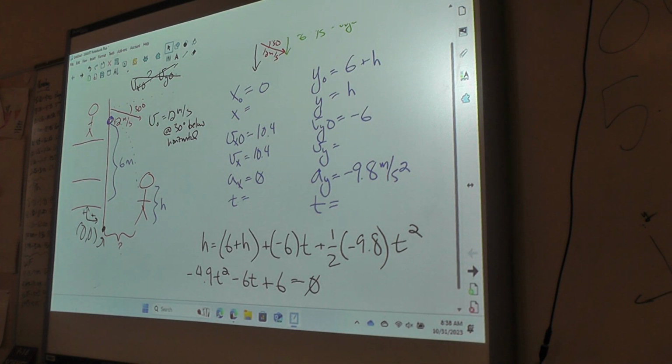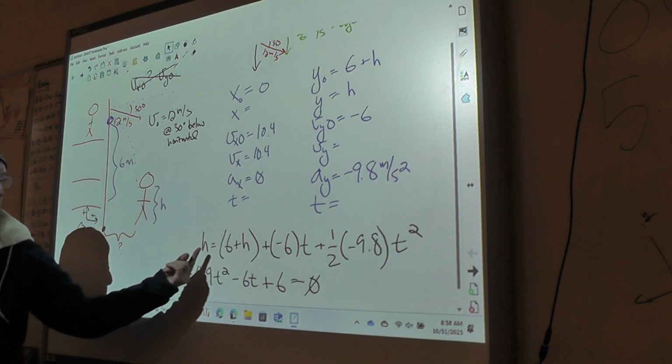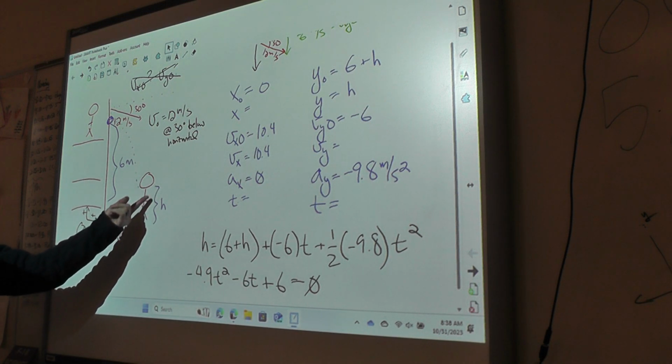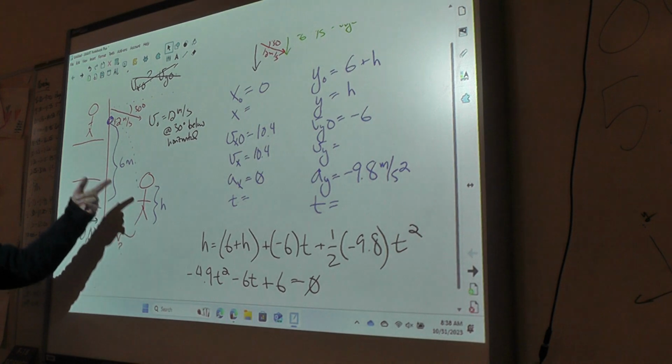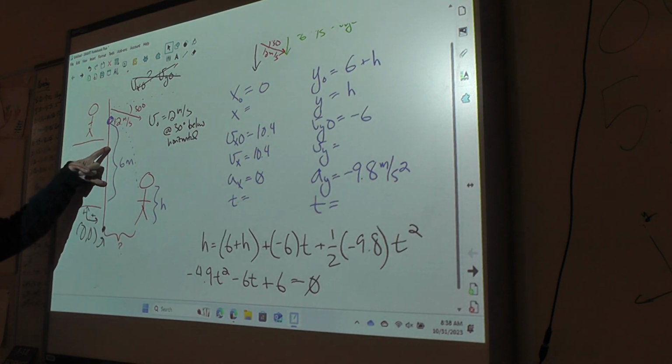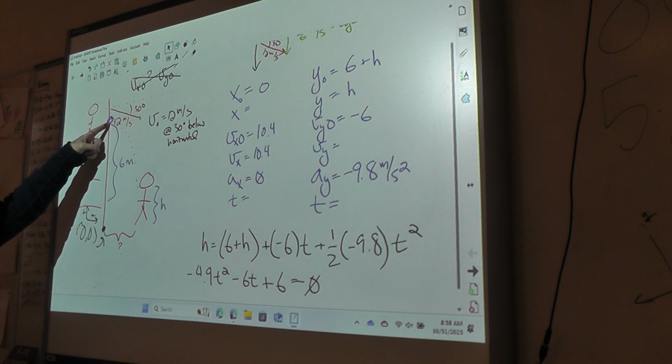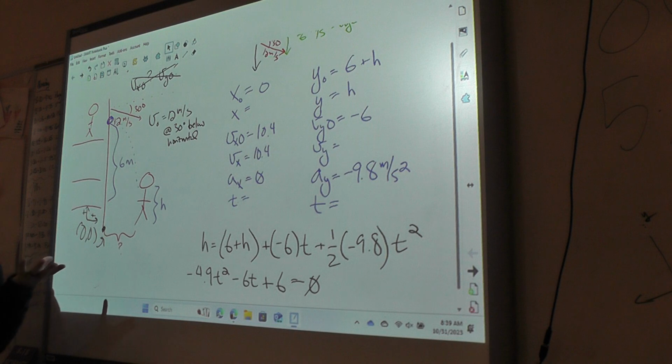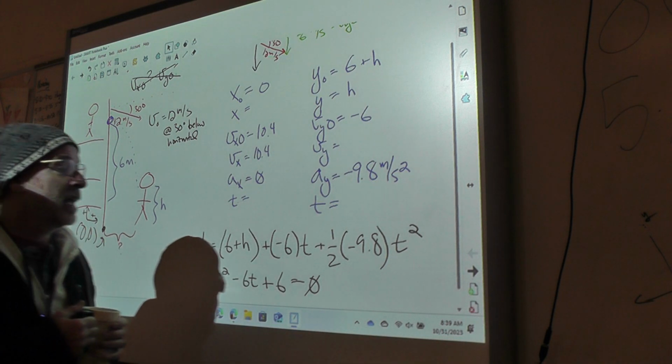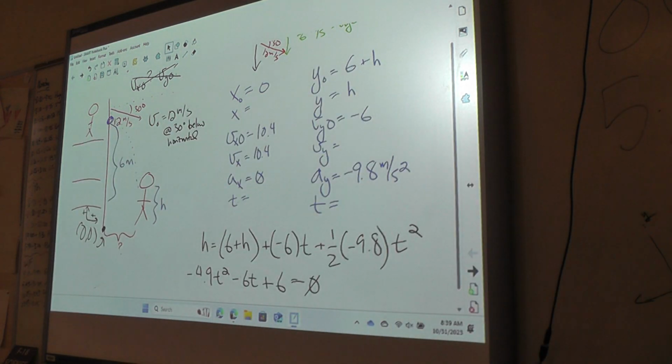See how I did that? I just subtracted h from both sides. It turns out it doesn't matter how far above the ground it goes. What matters is the displacement. The displacement is -6. It started 6 meters above where it ended up. It fell 6 meters. That's all we really need to know. Okay? And then when you look at the equation,